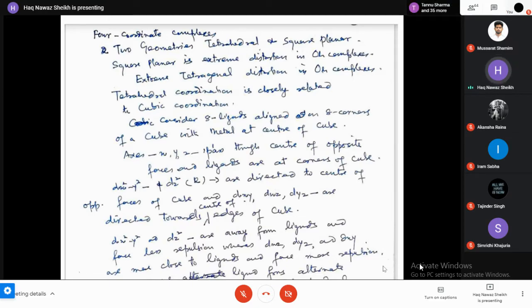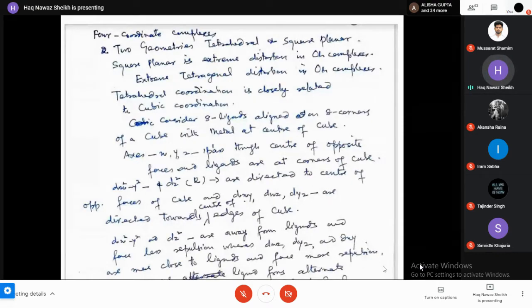अपना T2G सेट जो है, वो सेंटर ऑफ अपोजिट एजेस से गुजर रहे हैं, न कि कॉर्नर से गुजर रहे हैं। इसलिए डायरेक्ट एक लाइन में लिगेंड और ऑर्बिटल्स नहीं हैं। तो इसका कॉन्सिक्वेंस क्या होगा कि ये जो डी ऑर्बिटल्स हैं, वो जो रिपल्शन फेस कर रहे थे ऑक्टाहेड्रॉन ज्योमेट्री में, यहाँ पे पहली बात तो है कि रिवर्स होगा, dz² और dx² - y²,